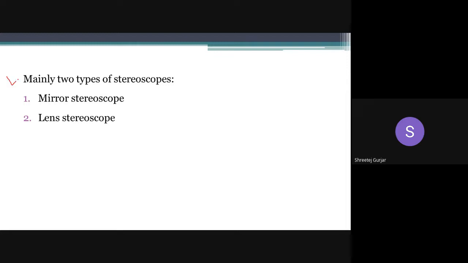Coming to your syllabus, the two main types of stereoscope that we will be studying are the mirror stereoscope and the lens stereoscope. A VR headset is an example of a lens stereoscope, and the mirror stereoscope will typically have four mirrors inside it, which help you view your stereo pairs.